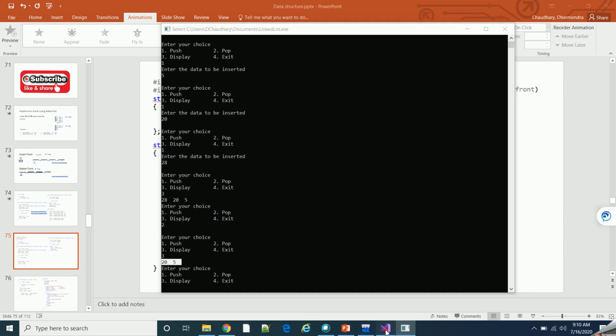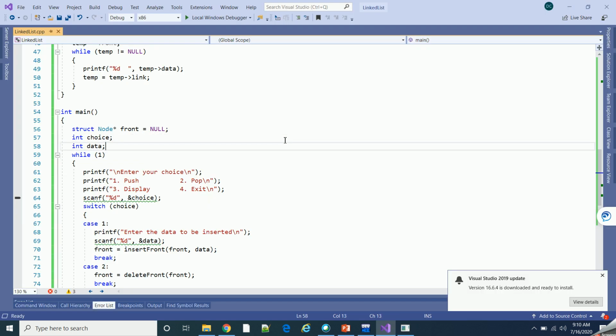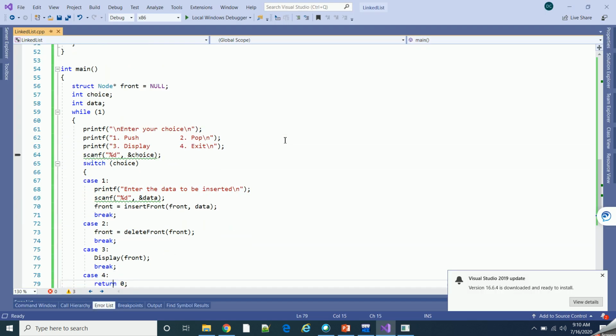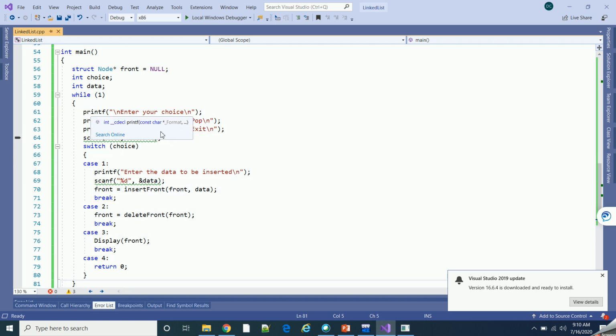Now let's see the code for it. To create a choice or menu option like this, this is the code where you ask the user to give his choice, and then you give some information like, if you enter 1, that is the push operation, 2 means pop operation, that is delete operation, 3 means display, and 4 means exit.